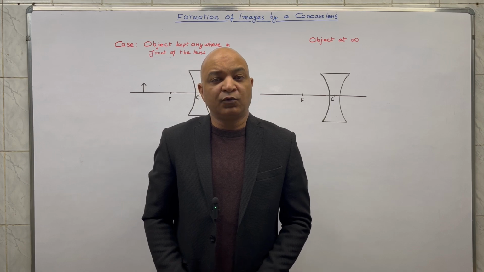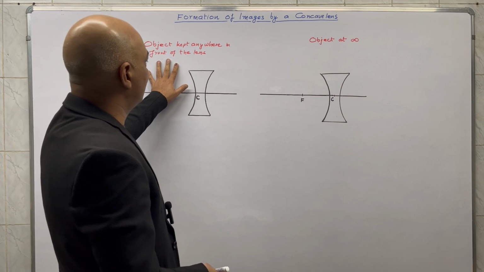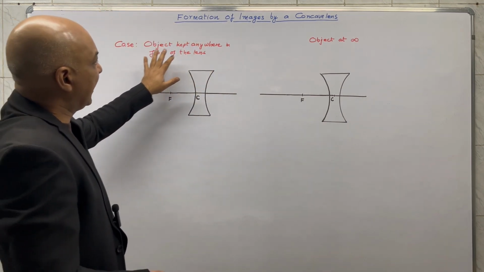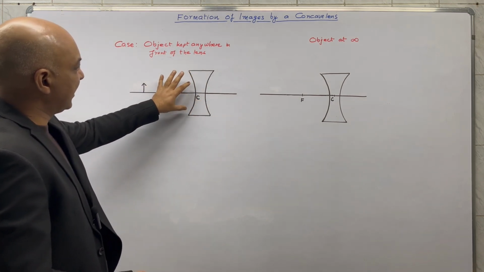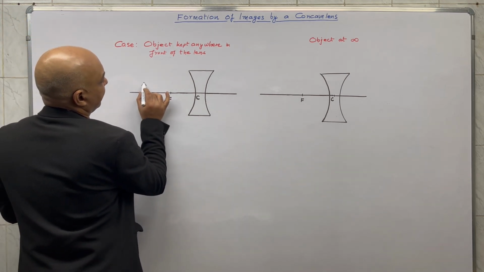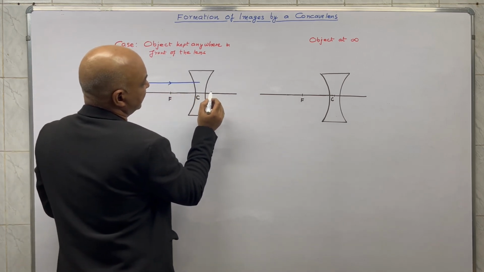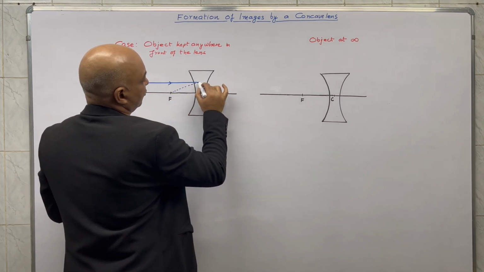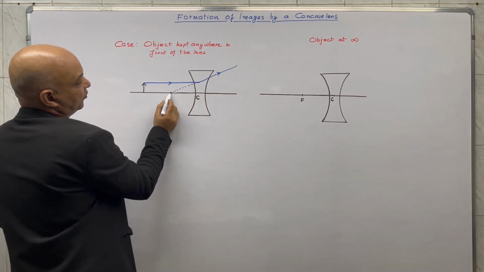Okay, so now let us move to concave lenses. We have just one possible scenario in case of a concave lens, that is when we keep the object anywhere in front of the lens, that is between optical center and infinity. If we keep the object, then suppose this is the first ray I am taking parallel to the principal axis. Although it is going to go this way, but I have produced it back, so it's going to pass through focus,